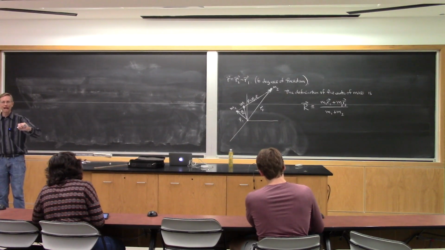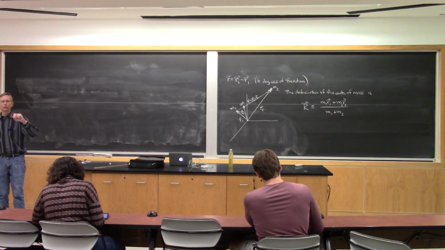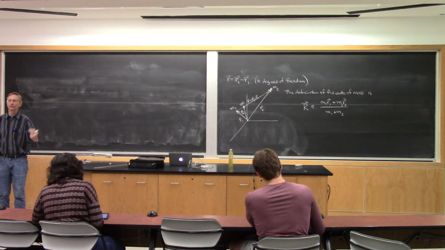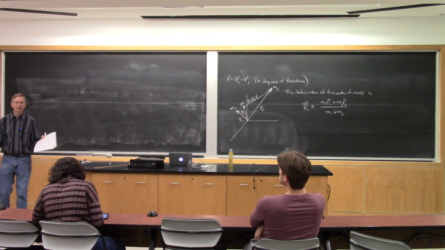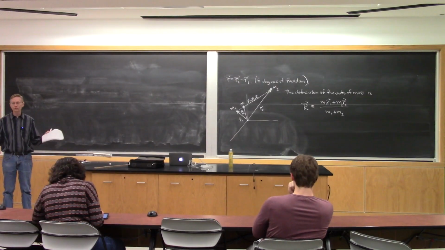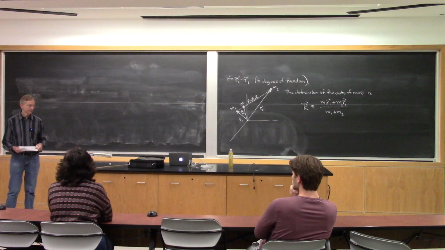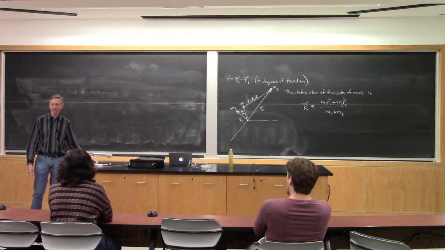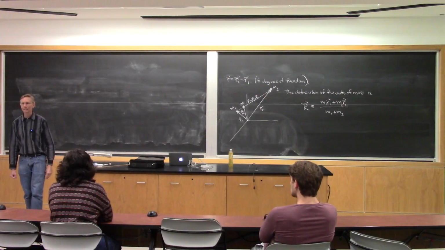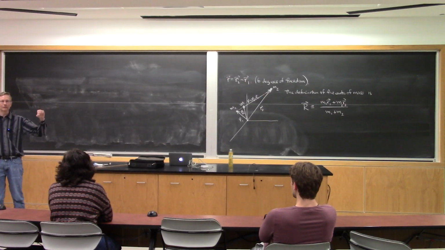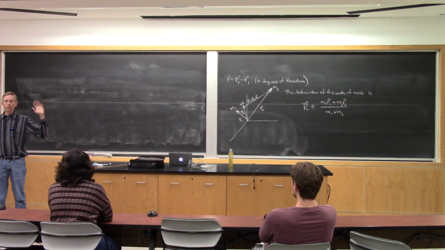The center of mass behaves as though it were a particle. It moves just like a particle would whose mass is the total mass of the system, and it is operated on by the net force applied to the system. Now, if you have a closed system, a bunch of particles interacting with one another, will there be a net force on the system? If so, why? If not, why not? If you've got a bunch of particles just interacting with one another, nothing external, will there be a net force on the system?